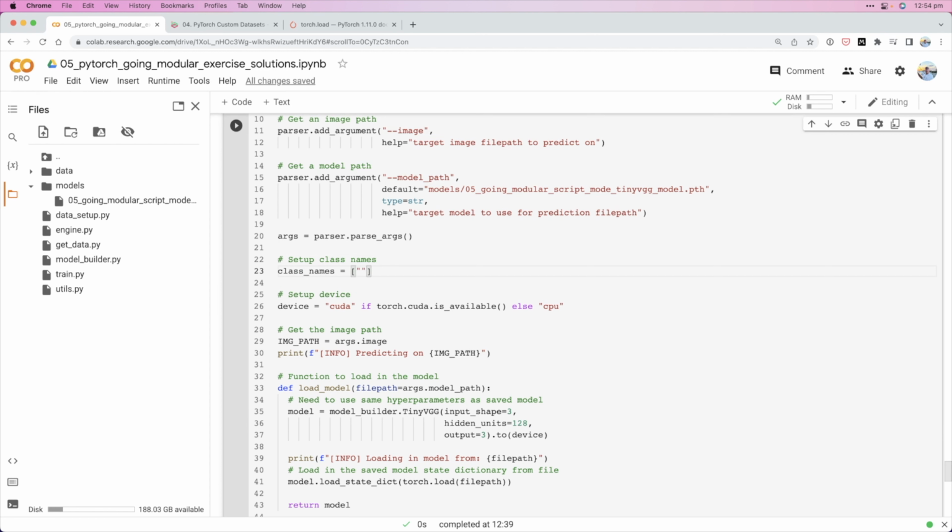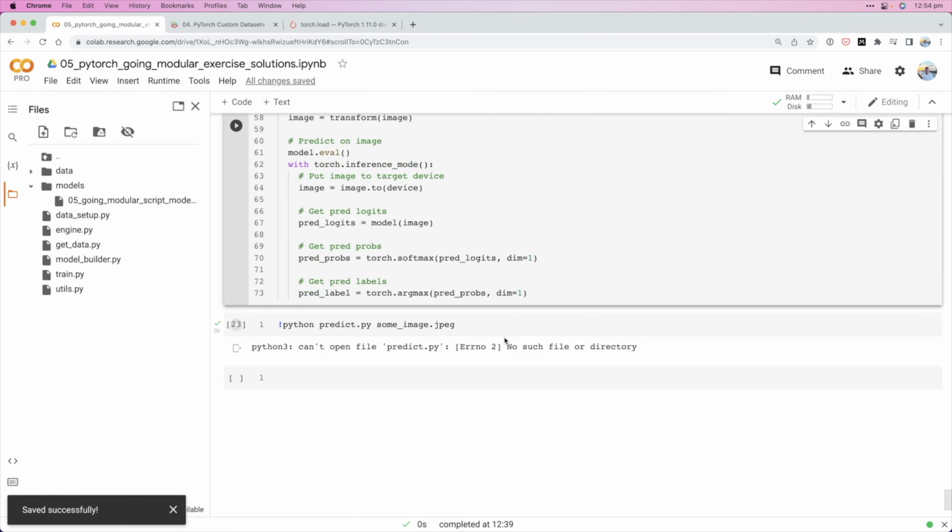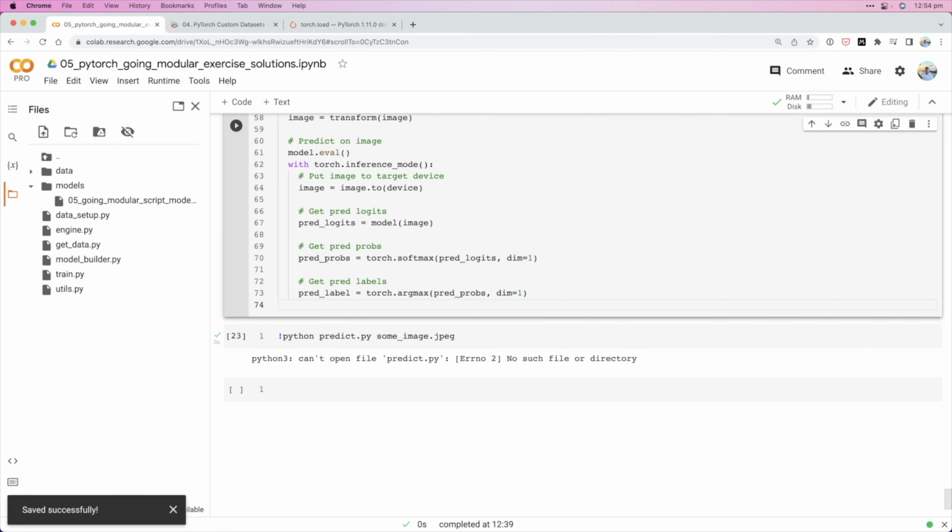We're going to go pizza, steak, sushi. Set up class names, and then we're going to go pred label class equals class names pred label,